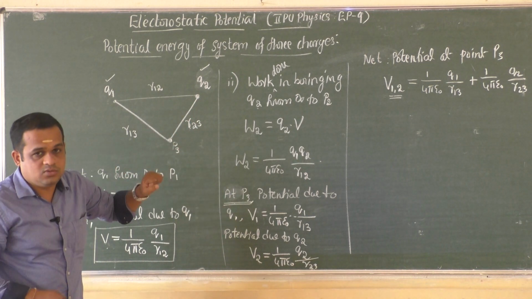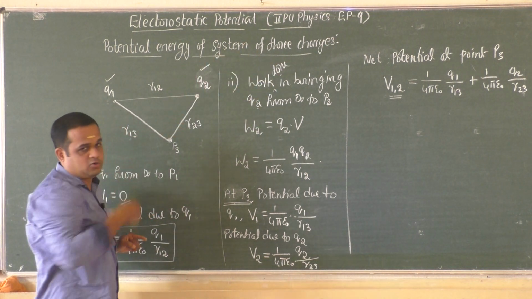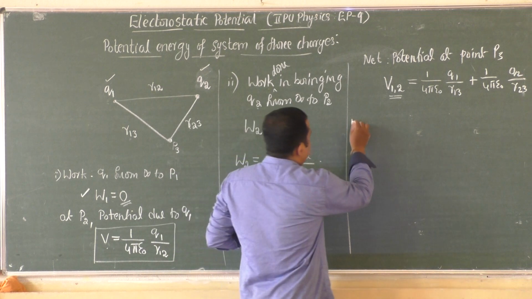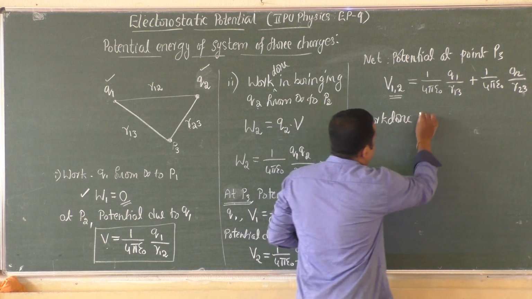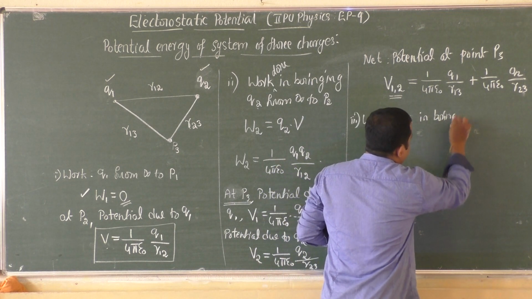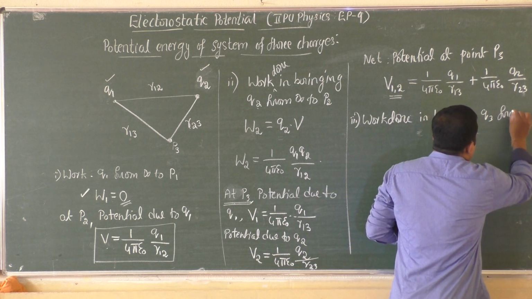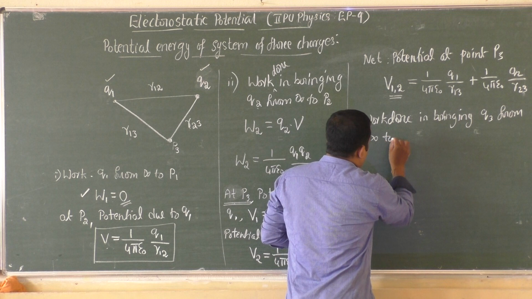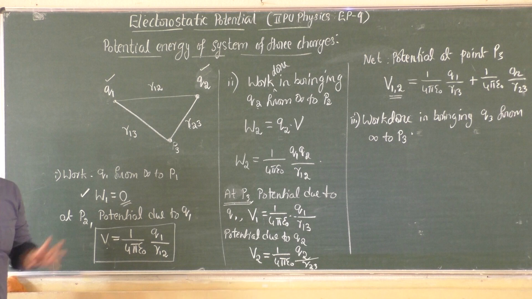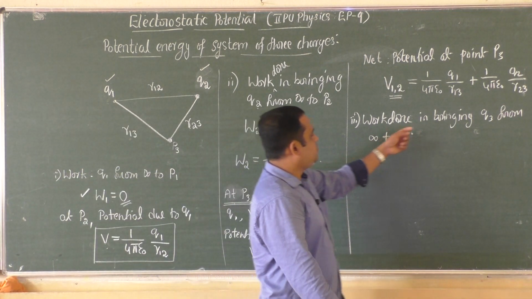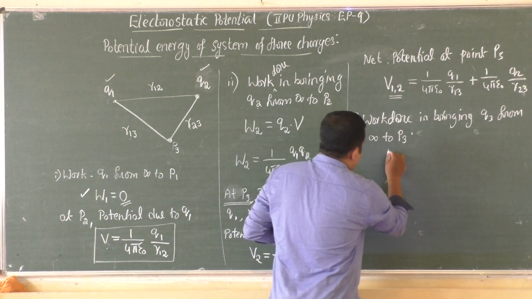Now what we want to do? We want to shift a charge of magnitude Q3 from infinity to point P3. That is our third step. So third step, work done in bringing Q3 from where to where? From infinity to point P3. We want to place the charge Q3 at point P3 to form the system of three charges. So therefore work done in bringing Q3 from infinity to point P3 is given by, I'll represent it as